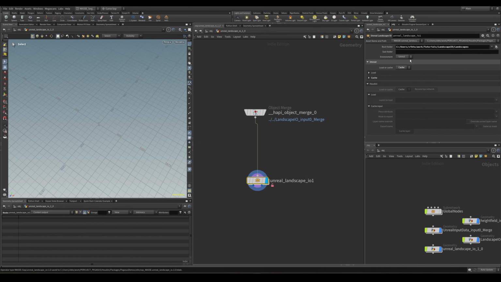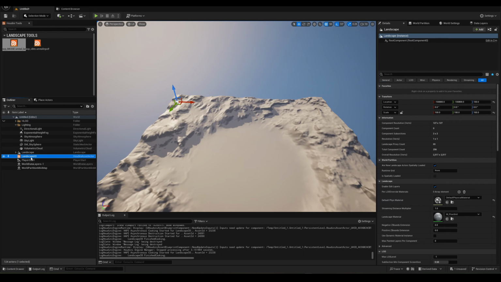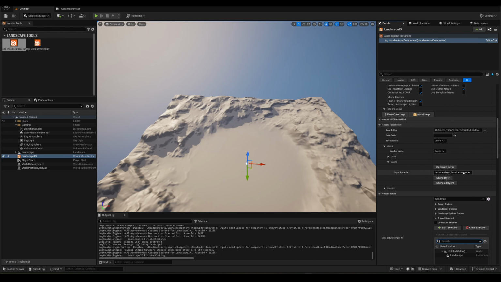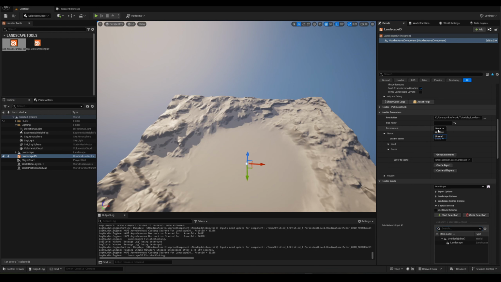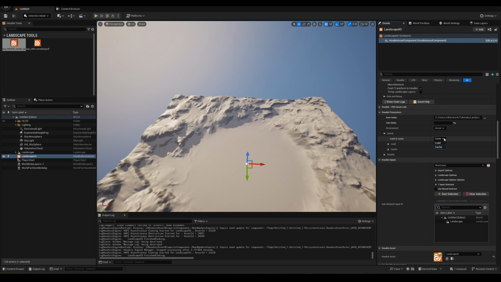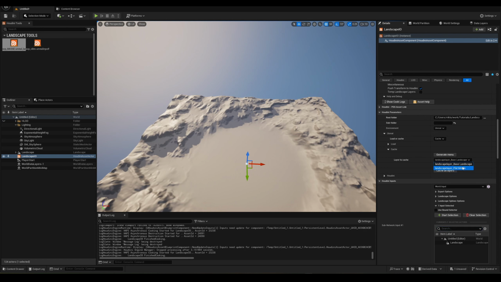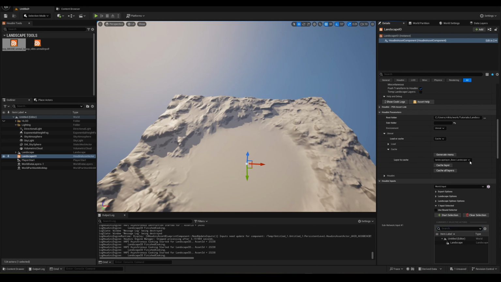So there's basically environments that you are working with in this HDA. So let's say I want to cache landscapes from Unreal. I make sure that this environment is set to Unreal. So actually, let's go to Unreal. This is the same HDA inside here. So let's say I want to cache this landscape. I made my selection. I want to make sure that my environment is set to Unreal, because this HDA is being used in Unreal. And then I want to either cache or load the landscape. So I want to cache this, so make sure that it's cache. And inside this cache, there's going to be automatically selected